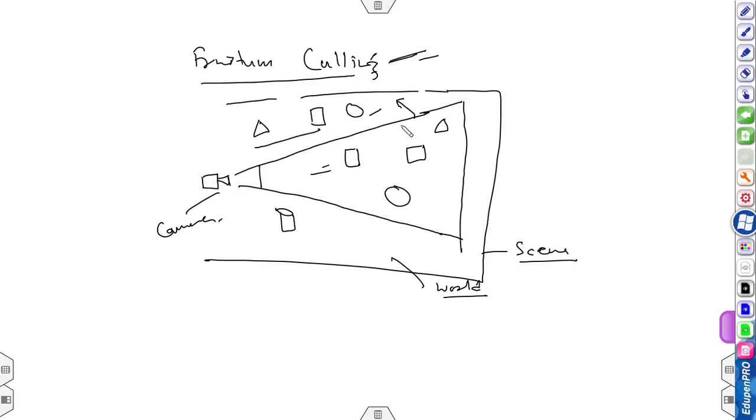It means whenever we apply the frustum culling algorithm, only the objects present inside the view frustum will be visible, and this algorithm will discard all the game objects which are outside the view frustum.